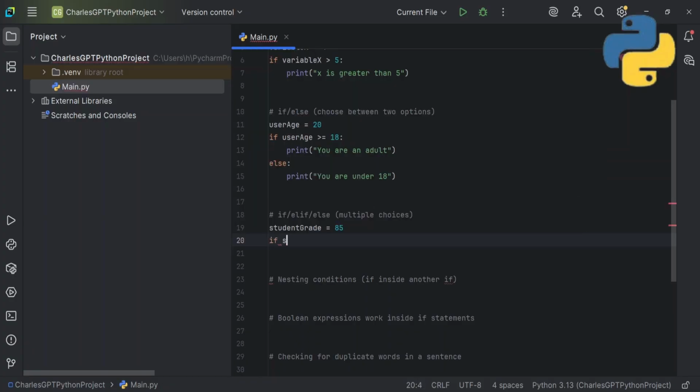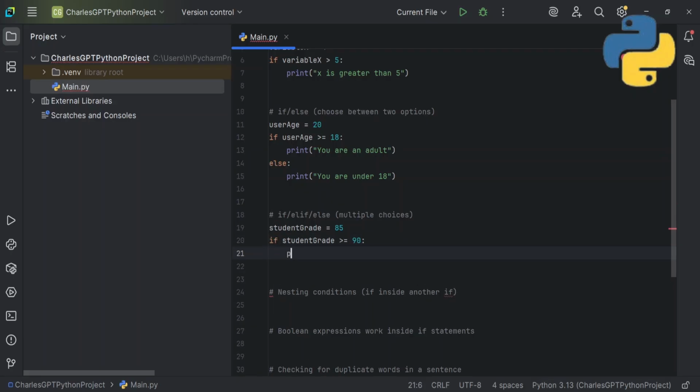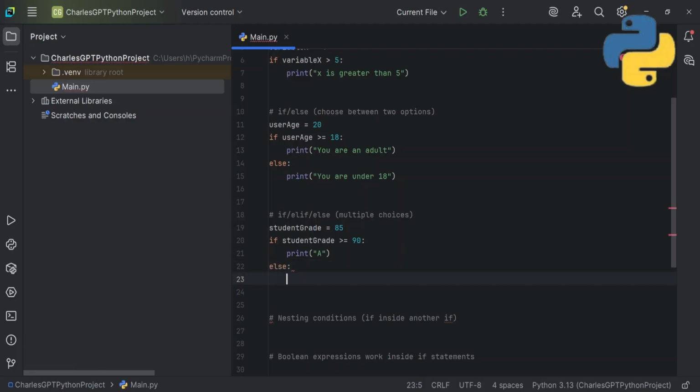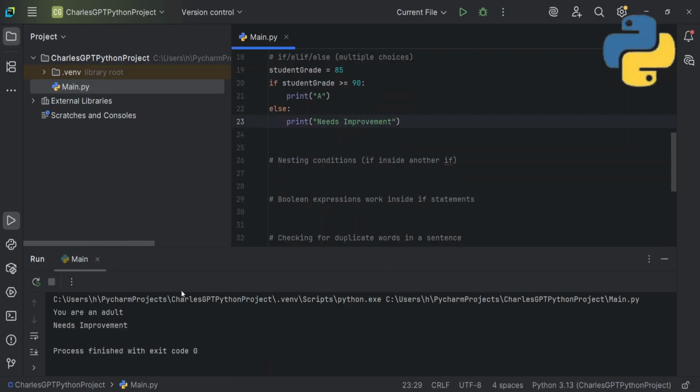So you say if student grade is greater than or equals 90, then with an indentation you print A to the console. Okay, now let's work with an elif statement. Firstly, let me use else to make it more understandable for you guys. So if I use else right here and print something like needs improvement, and I run this program, it says